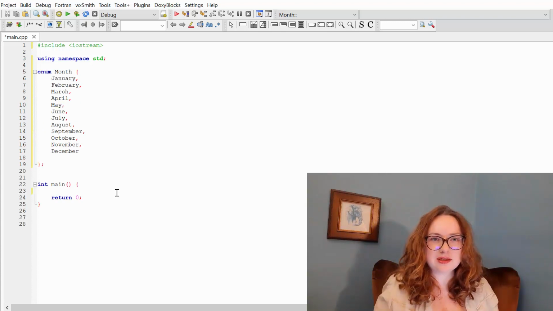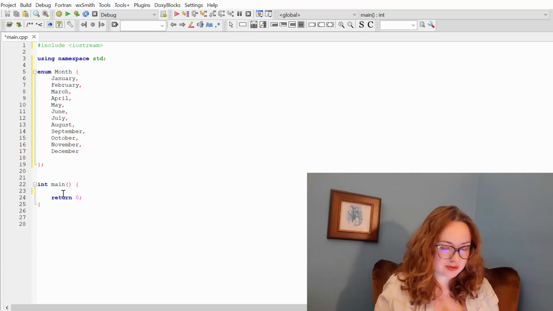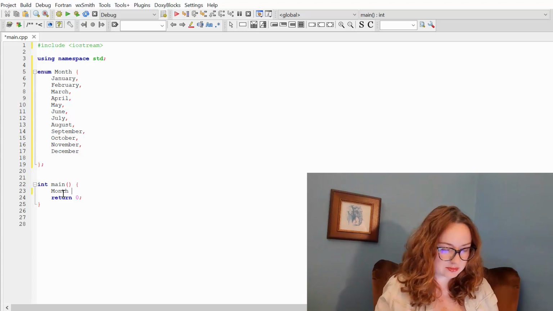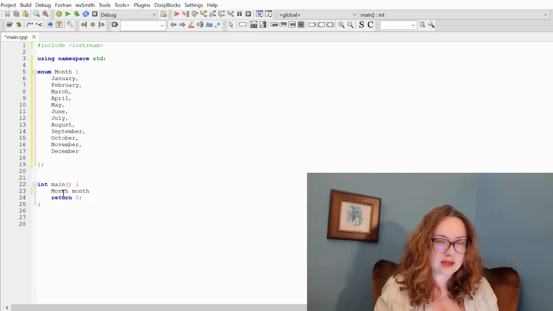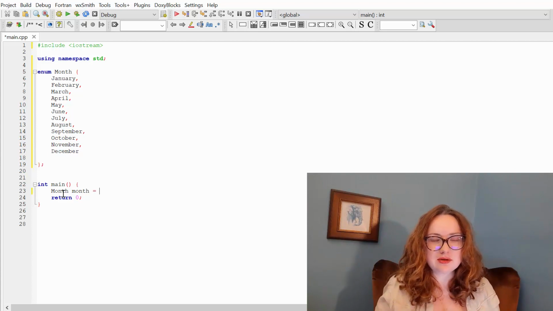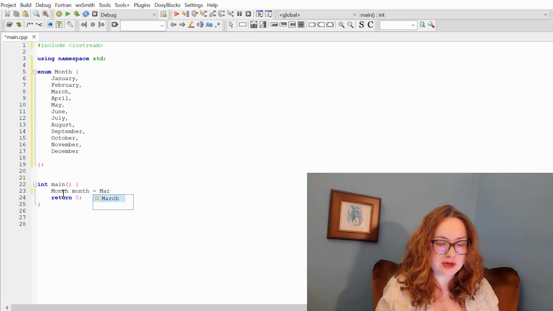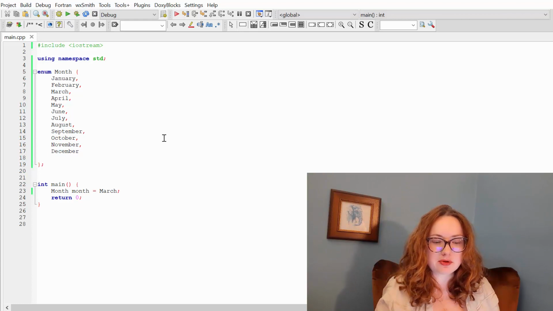Okay, and now that I have my enum structure, I can create a variable with the data type months inside of our main function. So our data type now is months. And now let's name our variable. Let's also call it months. And now we can initialize our variable with some value from the set we created. Let's, for example, create months equal to March. And you can see when I started to type March, I immediately see the hint from my IDE to select the month March. And if I now build my program, you can see everything is okay, my program is built.